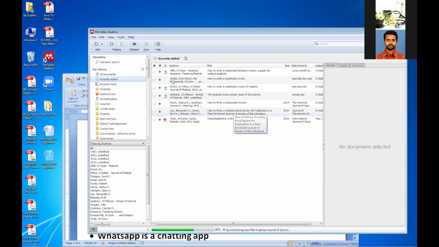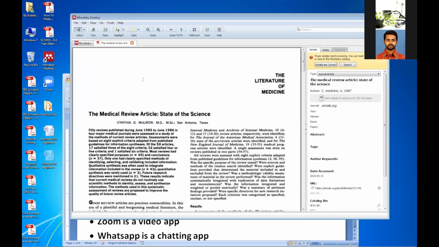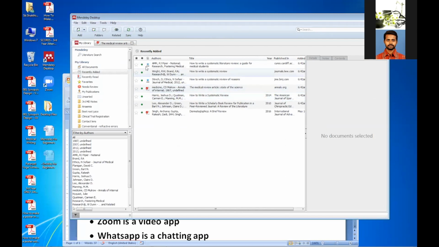You see, there are 6 things already which has come. The red dot here shows the PDF is available to read inside this computer. This blue mark shows PDF is available for this document, for this reference, but it is not yet downloaded in this computer. So when I click on this, it starts downloading. You can see down, it is downloading. See, it is now showing me the PDF. Now you can see 2 red dots here, 2 blue dots. These 2 blue dots, I can download the PDF.